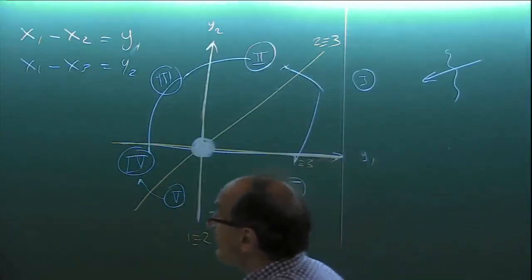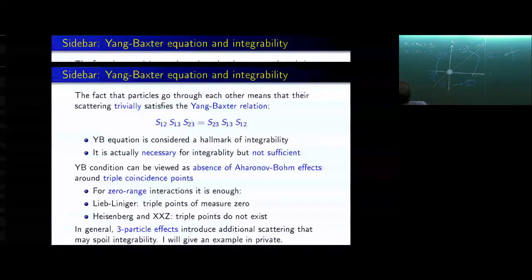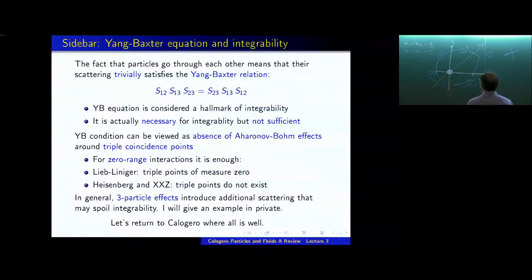Integrability will be a consequence of the Yang-Baxter equation. Only these triple interaction points are dynamically of measure zero. They are, of course, a measure zero part of the configuration space, but because your interactions may be finite range, the dynamical effect of those regions has to be insignificant or of measure zero. When does that happen? It happens when the